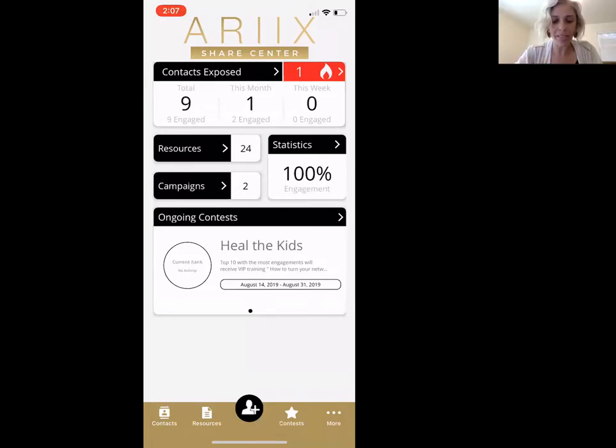This is for you to use with your team as well. Let's say I'm on your team and I'm like, James, this isn't working. I'm not getting results. RX isn't working. I'm out. You can say, Jen, show me your app. If it said 100 exposed, 0 engaged, you would say, Jen, you're doing a great job of thinking of people to reach out to. It looks like where you're missing is that relationship and connection, because the people aren't clicking on the link. Or if you saw 10 exposed, 10 engaged, you'd say, wow, Jen, you're great at making those connections,